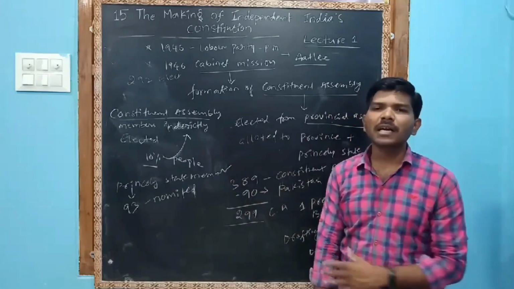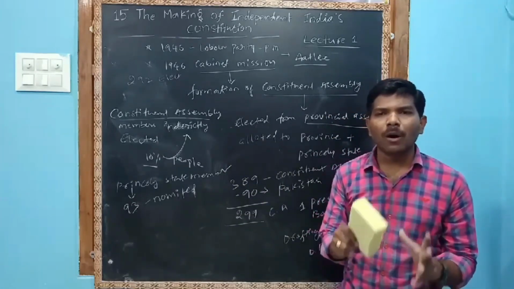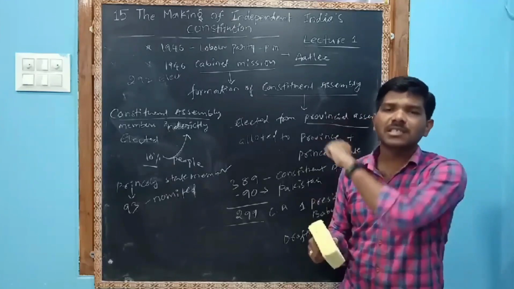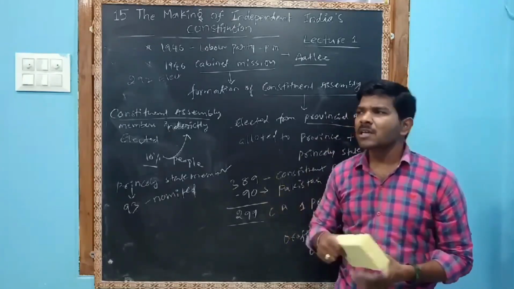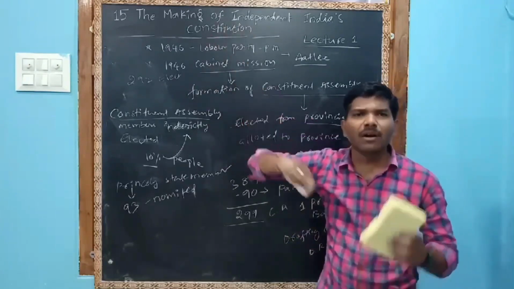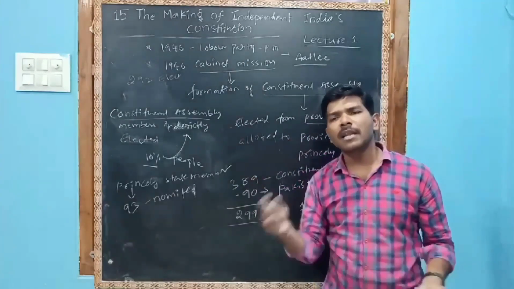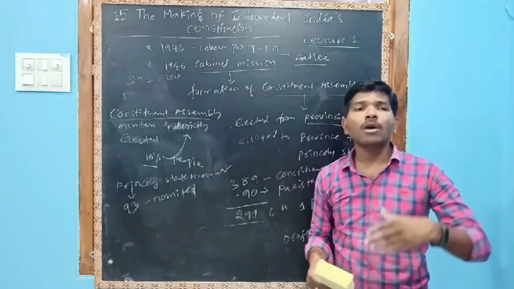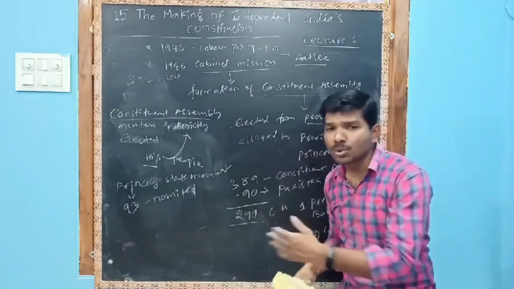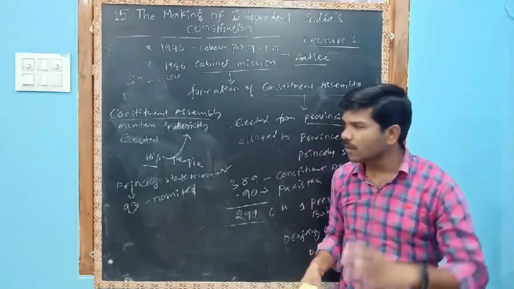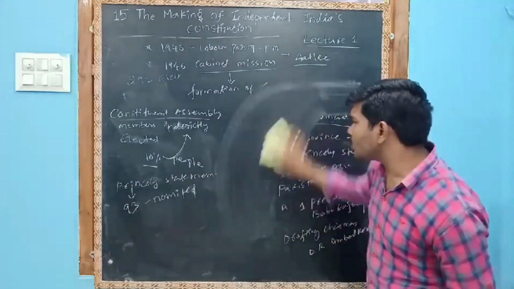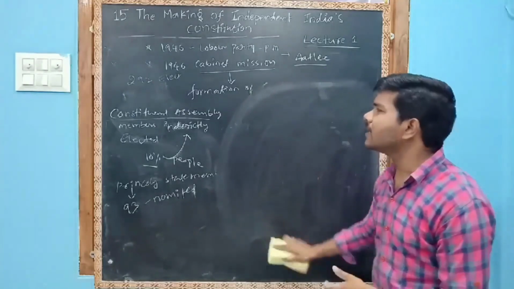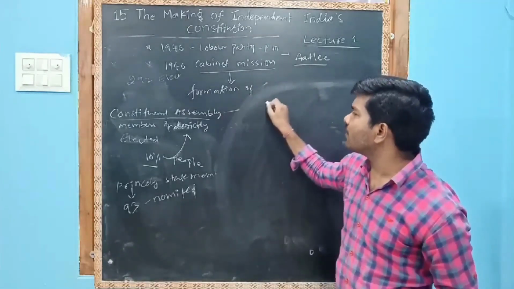You have to understand that all kinds of people wrote letters whenever they were making the constitution. Sir, we want this, we want that. Many people wrote letters to the Constituent Assembly members: we want this rule, we want that rule. Because if we forget to appoint a member in the Constituent Assembly from Christians,